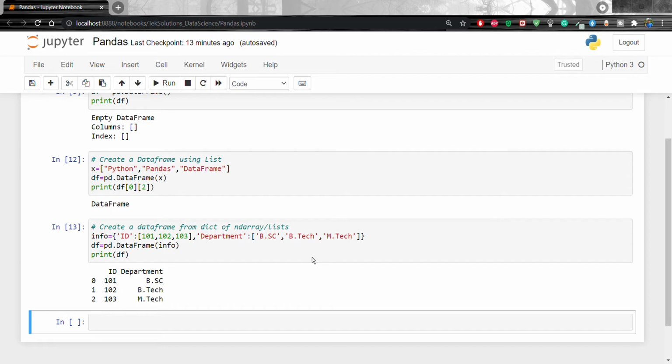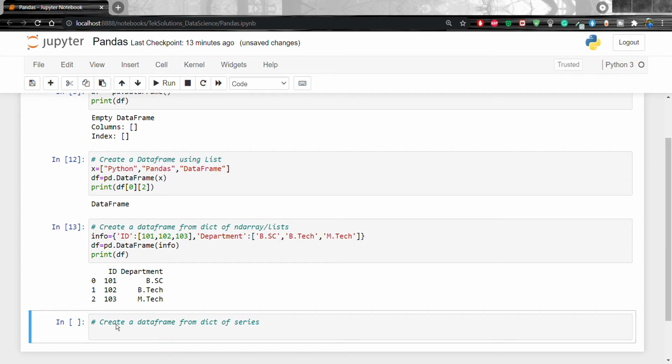Now I am going to create a DataFrame from a dictionary of series. So now I'm going to create a series for that dictionary. So info equal to, we have the dictionary, that is 1. Now I'm going to create a series in the dictionary, pd.Series, S will be caps, going to pass values 1, 2, 3, 4, 5, 6.